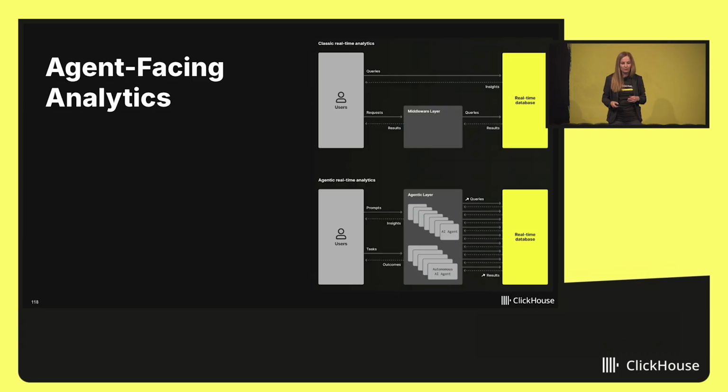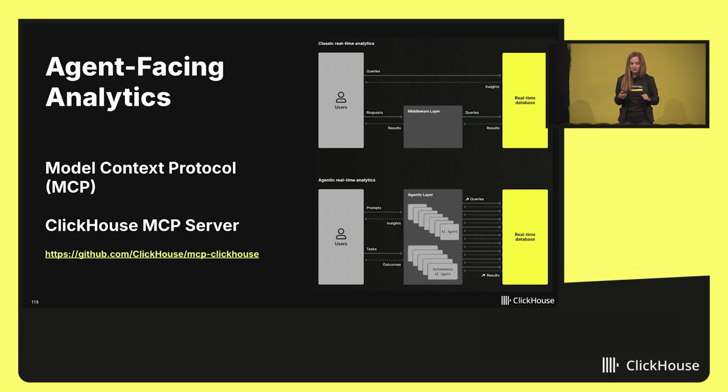And what we've really noticed is that these agent-facing analytics use cases require a very fast database. Agents can generate queries much, much faster than humans, and for a good reason. They're helping us think much faster, but that means that database needs to be able to handle the load, hopefully in a cost-efficient way, and hopefully fast, because there's still a human somewhere in that loop. I'm not going to wait for my chat interface forever. I'm going to eventually go get a coffee and forget that I even asked the question. So it needs to be fast.